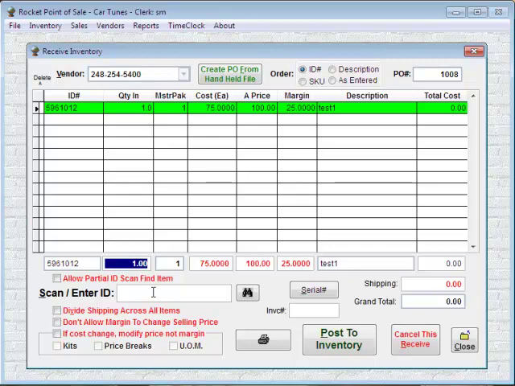I've put in the item. I could scan it, could find it a couple of different ways, and I'm going to put a quantity in. I'm going to say we had 10 come in. I'm going to keep the cost and the price the same. I could change those. I could change the cost. If I change the cost to say $70, then that's going to affect my margin, and it leaves the selling price alone. If I change the margin,